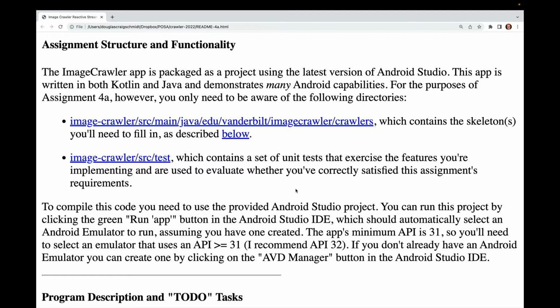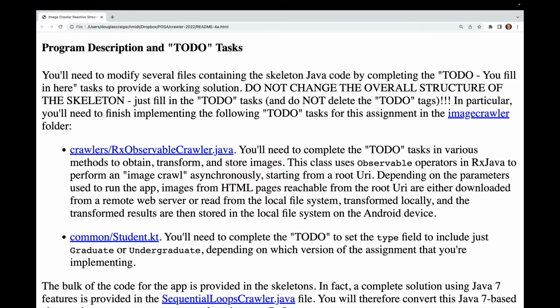You'll need to modify several files containing the skeleton Java code by completing the to-do "you fill in here" tasks to provide a working solution. Please don't change the overall structure of the skeleton. Just fill in the to-do tasks and don't delete the to-do tags. In particular, you need to finish implementing the following to-do tasks for this assignment in the image crawler folder: